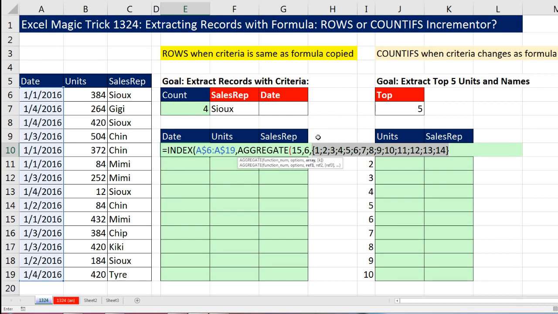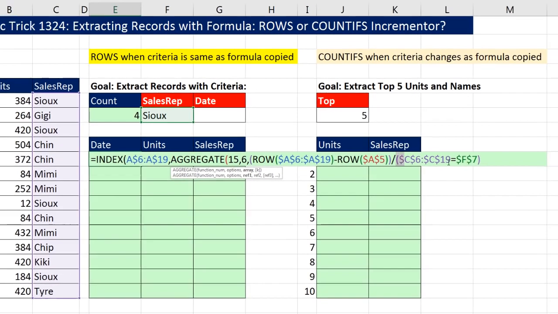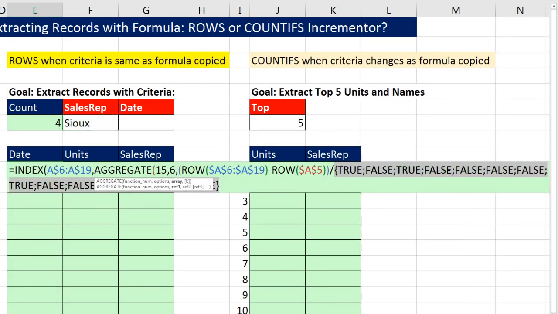Now we need to filter because we want 1, 3, 8, and 13. Control Z. So we'll filter them by using division. And in the denominator, I'm going to create another array. Or any of you sales rep, F4, or any of you equal to our criteria Sue, F4 to lock that. Now close parentheses. In the denominator, if I F9, those are trues and falses, meaning I found Sue, I found